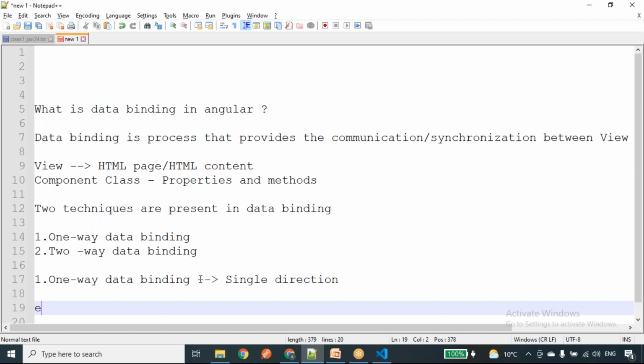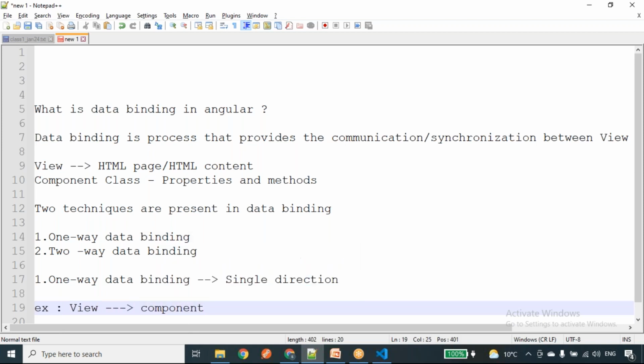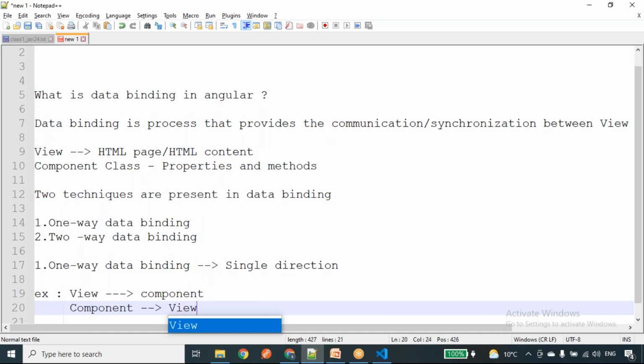For example, it can be view to component, or component to view. We'll see one example.